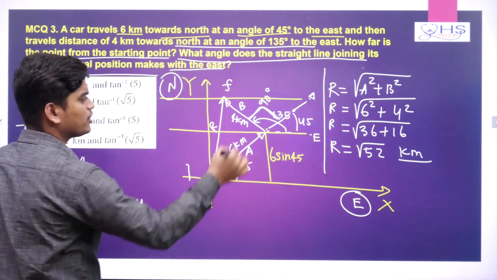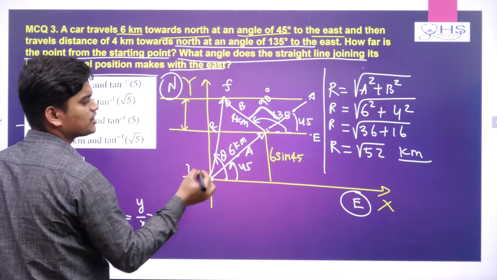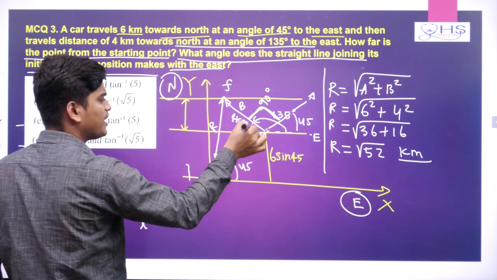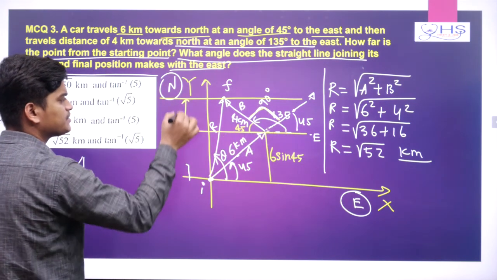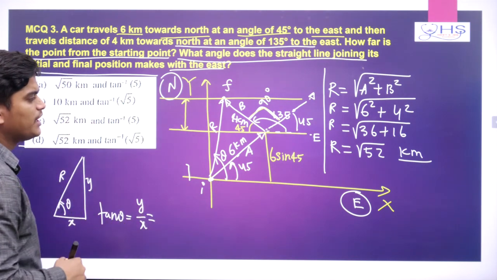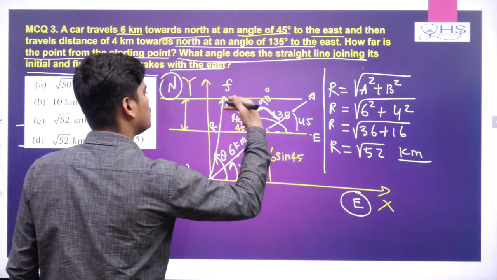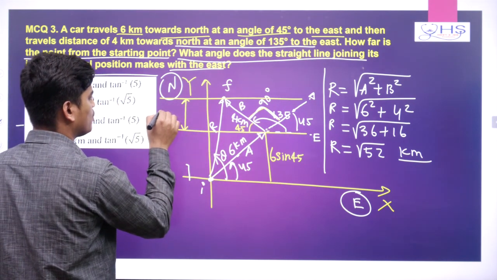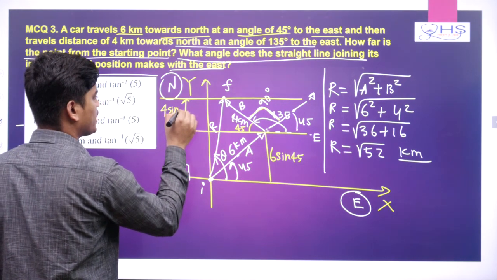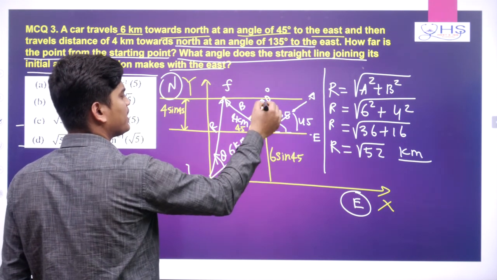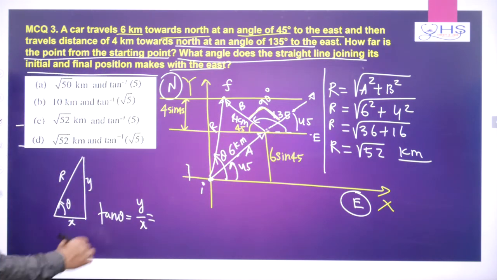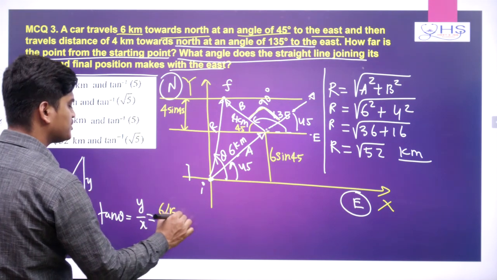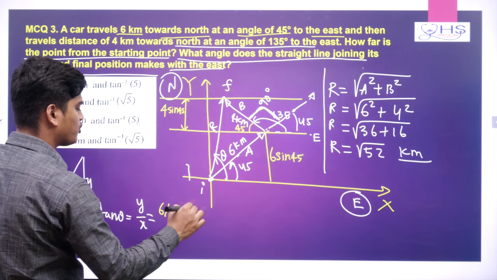And for this vertical, the 4 vector is like this way, and 4 is making 45 here and 90 here, so definitely this is also 45. It will come 4 sine 45 or cos 45, anything you can take. So take 4 sine 45, because 45 and 90 together make the straight line angle. Now y is coming 6 sine 45, which is 6 by root 2, plus 4 sine 45 or cos 45, which is 4 by root 2.